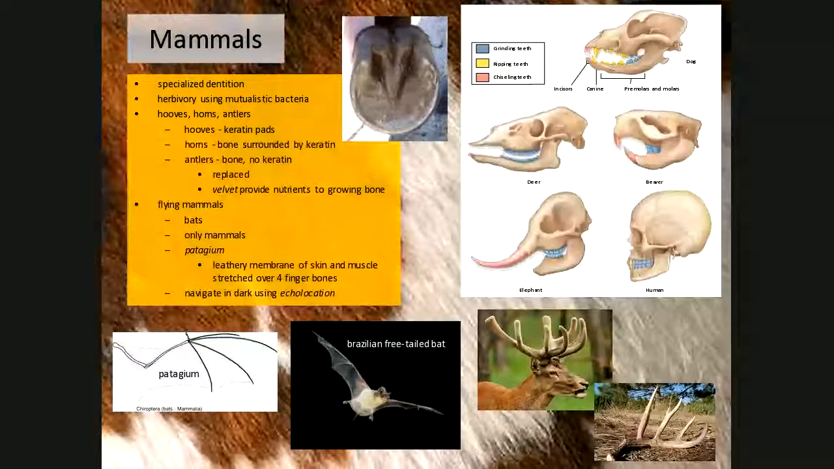Many mammals have hooves, like you see the horse hoof there. Now, a hoof is a keratin pad. Keratin, remember, is what makes up your hair. It also makes up your fingernails. So I always tell folks, if you want to get an idea of what a horse hoof is, say on you,